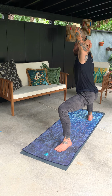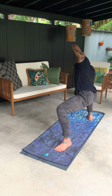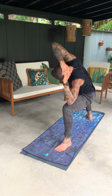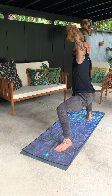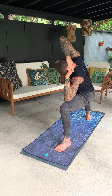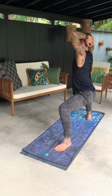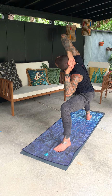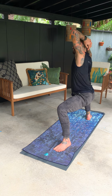And then exhale, right elbow taps right thigh. Inhale, back towards center. Exhale, left elbow taps left thigh. Back towards center. And then keep ticking and tocking. Right, seeing if you can't maintain that strong neutral pelvis. Feeling that strong core slowly guide you back and forth. We're here for another 5,